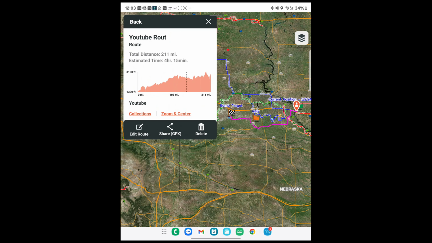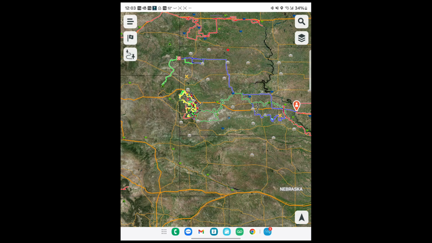If I wanted to go to this route, I can see it instantly. So that is how you see it. And then I can go back and edit it and do whatever I want if I wanted to, right? So that is how the app works. In a moment, I'm going to show you how the web application works. I hope this was useful.